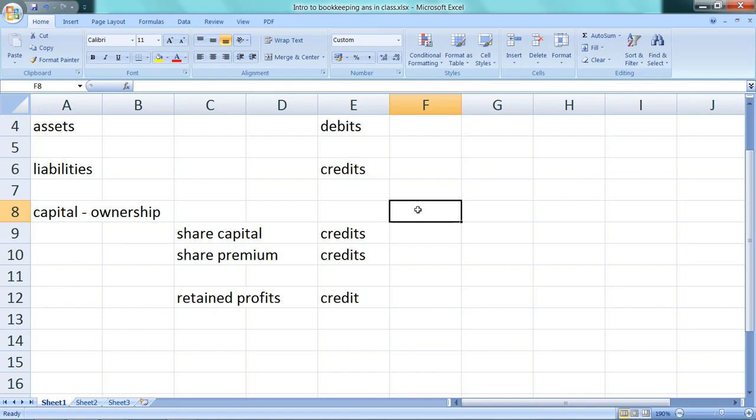And then as you make more profits during the year, our profit during the year is an extra credit balance. That means assets have increased during the year because we've made some gains, so this retained profit figure increases. Your debits go up because you've got more assets, and your credits go up because you've got more profits. Does that make sense? That's the dual nature of every transaction.